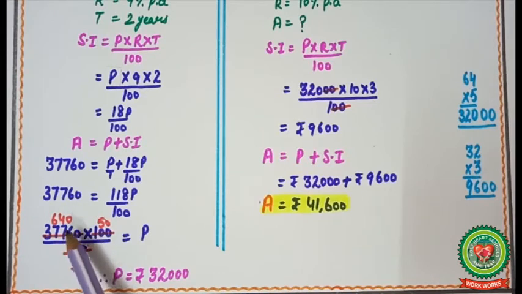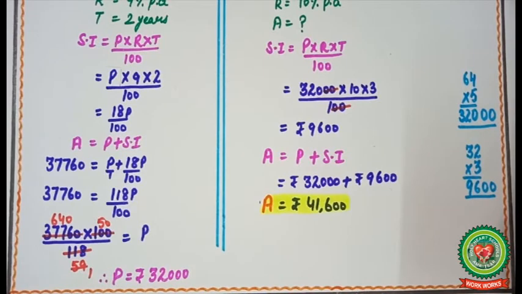Now we have to multiply both these numbers. So we will multiply 640 into 50, right? Here I am multiplying 64 into 5, because at the end 2 zeros are there, so we will put 2 zeros at the last of the answer. When you multiply 64 into 5, you will get 320, and the last 2 zeros are there. So we will get P equal to rupees 32,000. So here we have found the principal, because in the beginning we had just supposed that the principal's value is P. So here we have found the value of P.